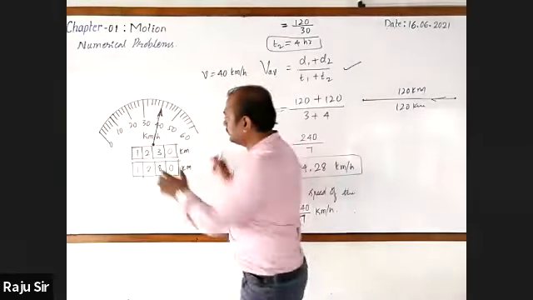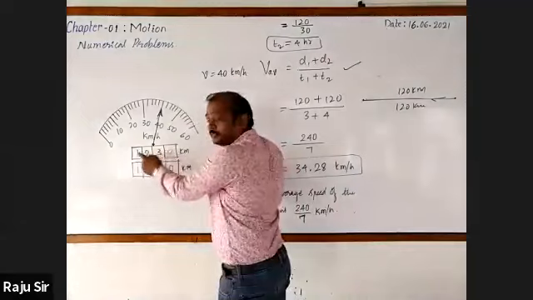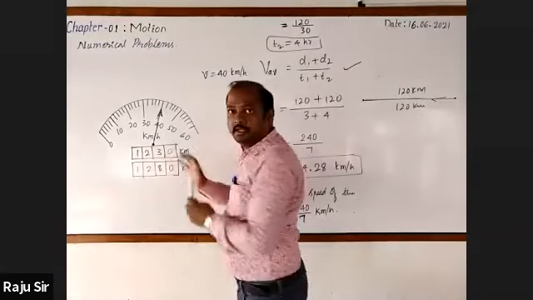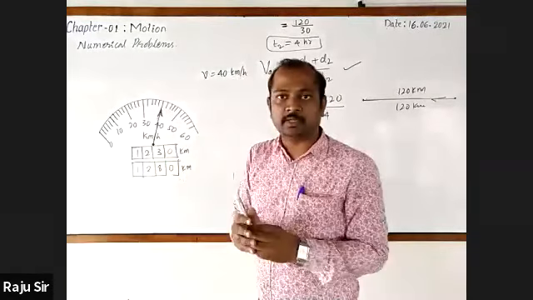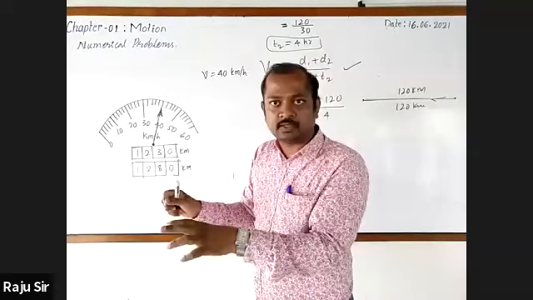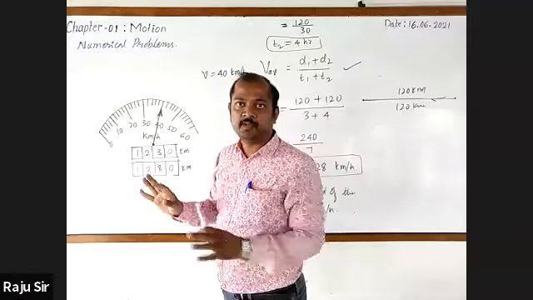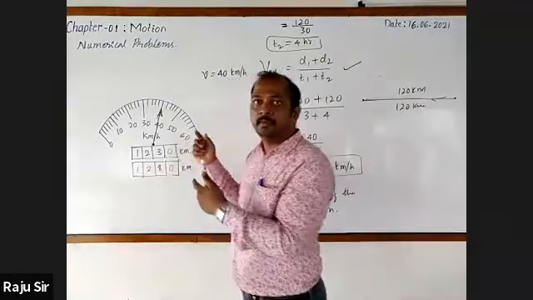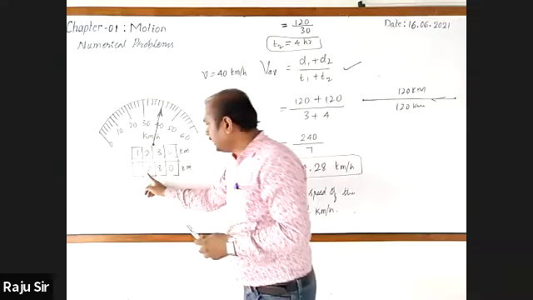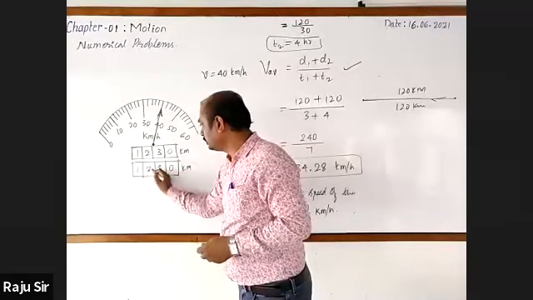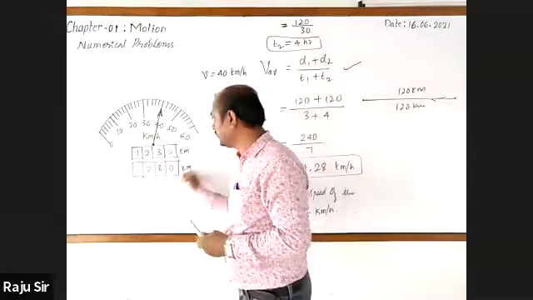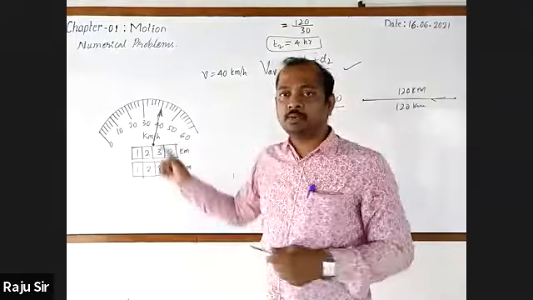Okay. This is the odometer reading. This is in the initial stage. It is showing 1230 kilometers. At the time you start the vehicle, it is showing this much. Already this much distance has been covered. Now you are going to ride the bike, and after some time it shows this reading. This is the final reading, 1280 kilometers. My question is, could you tell what distance was covered by you?